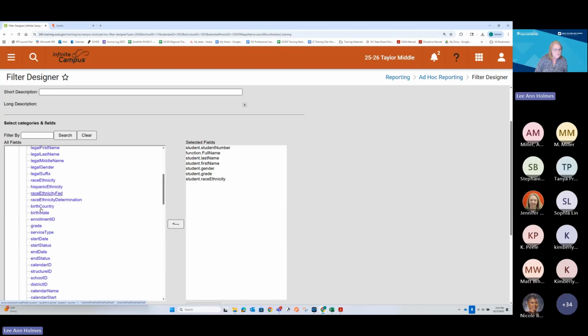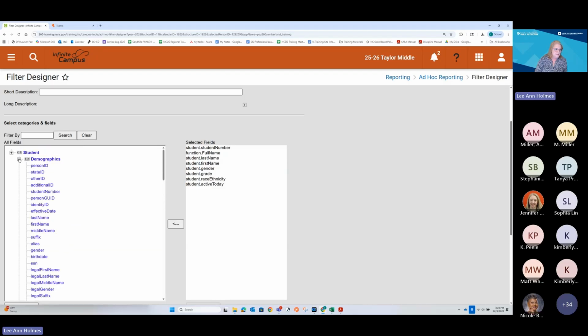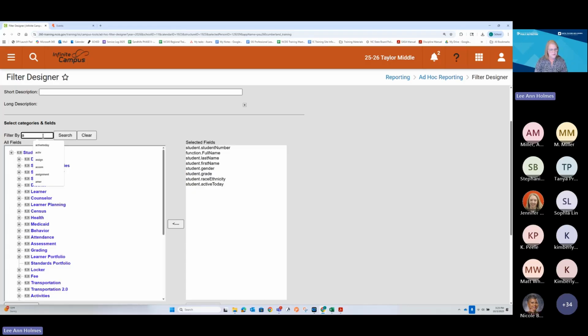And I'm going to do another field that you're going to want, and it's called active today. And all of this was under your student demographics except for the function. Now, the next part, I'm going to show you how to do real fast instead of having to find the different areas. If you take the fields that I have given you on the presentation, and you